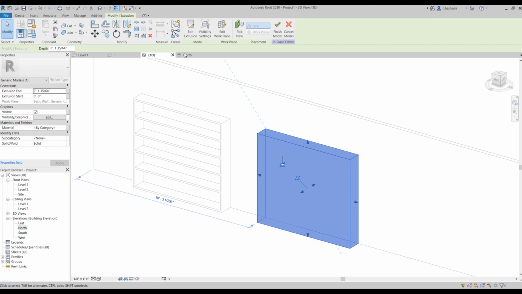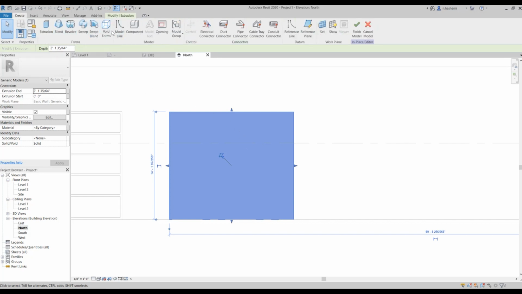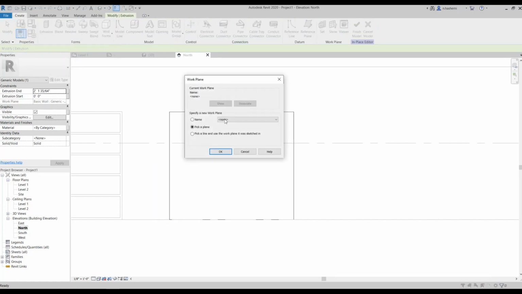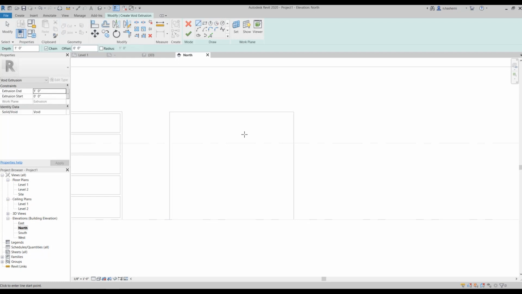Okay. So this time I'm going to select the void extrusion. Okay. I need to pick a plane, so I can pick this one this time. And now I'm going to draw a rectangle.